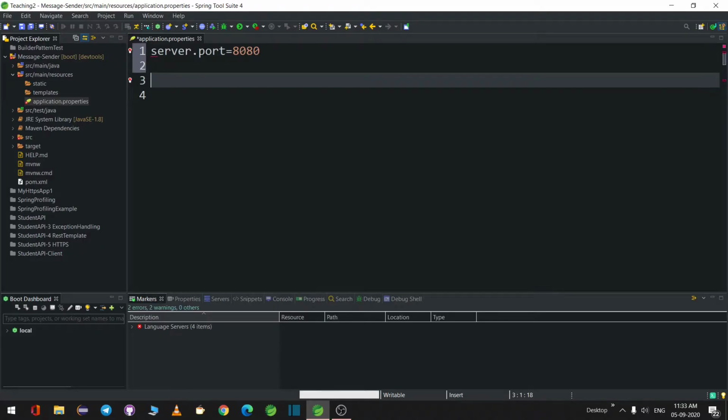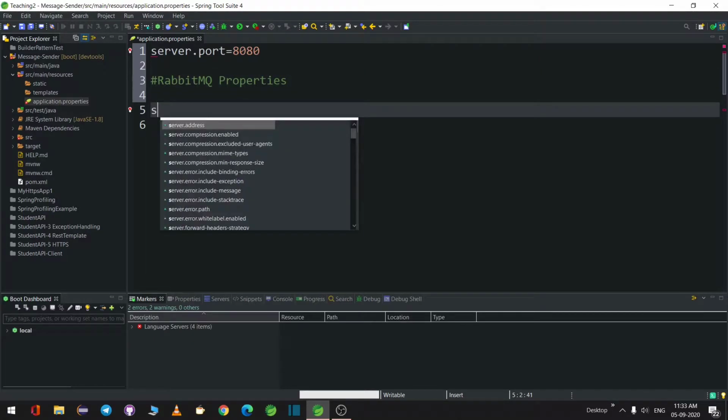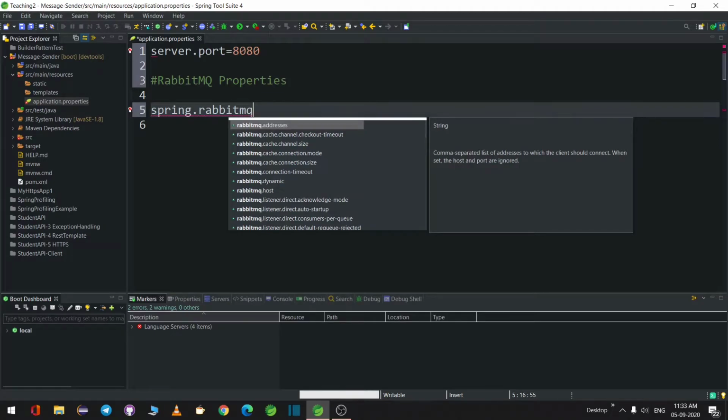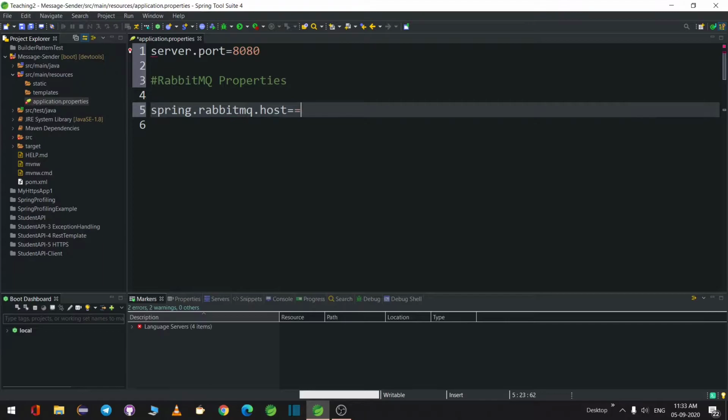For the RabbitMQ properties, the first thing you have to update is spring.rabbitmq.host. As we are working on localhost, I will use the same.